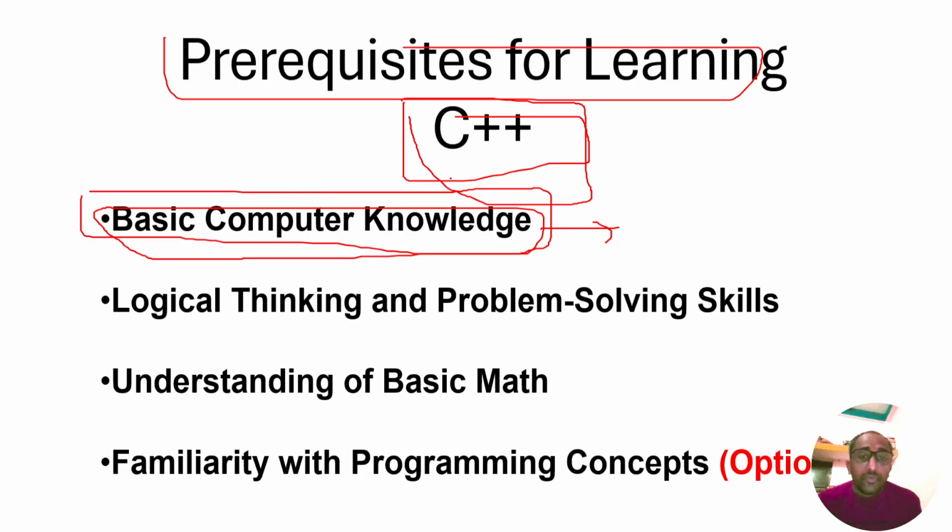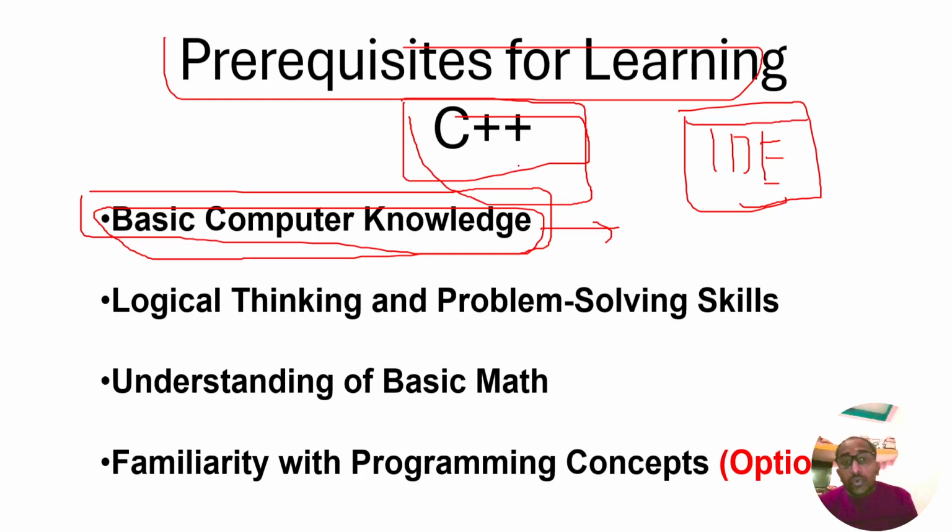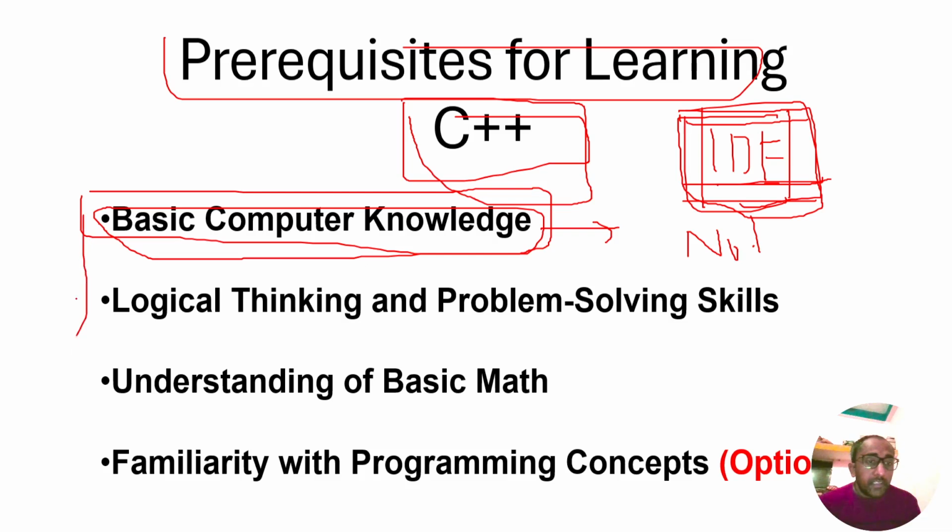So we have to install compilers on our PCs, and other text editors and IDEs. An IDE is the software in which we write our code and execute it, and some tools and functionalities have been added in the IDE. If we do not have an IDE, we can also use a text editor like Notepad. VS Code is also an IDE, and these are the four points basically.